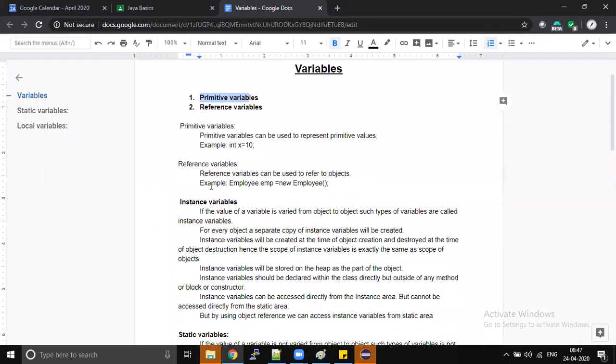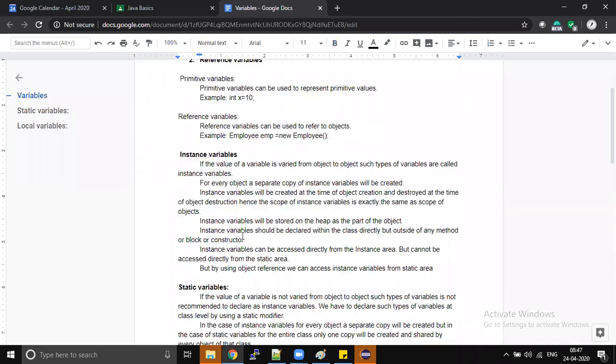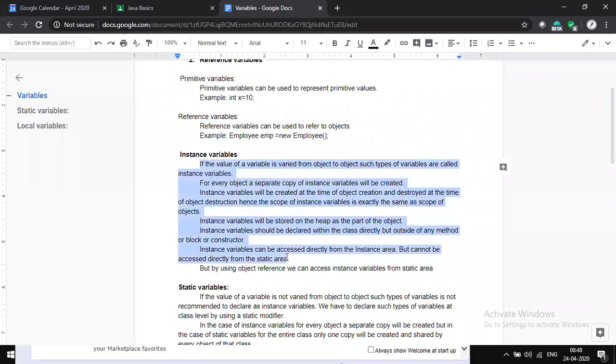I have written it very clearly, but I don't read all this, because if you understand the concept, then you can give the definition in your own words. There is no predefined definition. We don't need to say the same thing like in academics. In real time, if somebody asks in an interview, or you are asking, then whatever their understanding is, they will explain.